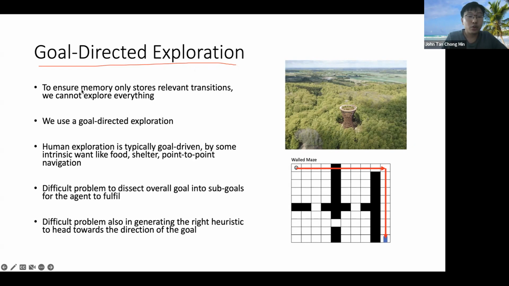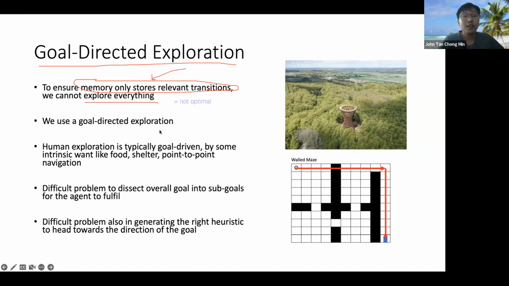Okay, so this is actually quite important, because we don't want the memory to store things that are not useful to us, because there are so many things in this world. Imagine you experience every single thing in this world. You'll be filled with a lot of irrelevant experiences because you only want to do that many things in your life. You don't want to do everything. So in order to ensure that your memory stores only the relevant transitions for your task at hand, we cannot explore everything. So of course, this statement means